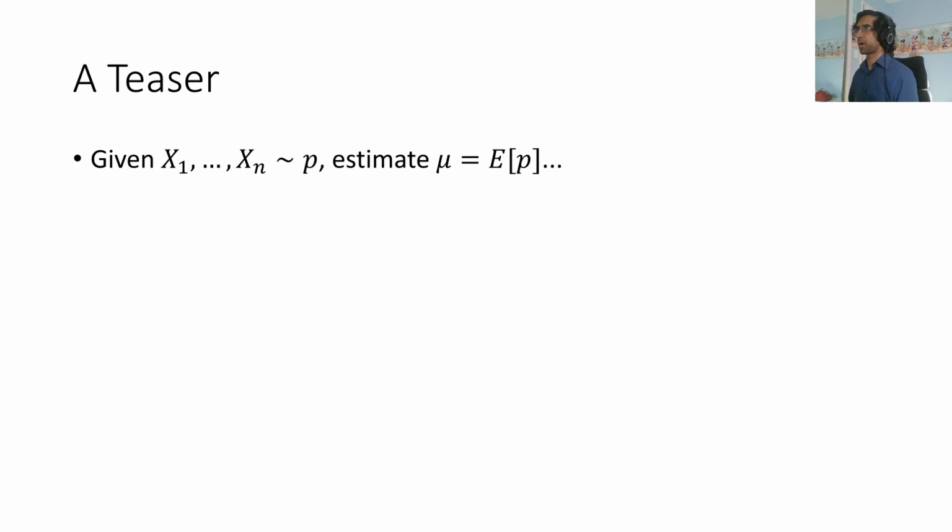So I'm going to start with a teaser. In one slide, I'm going to summarize what this talk is about. We're given a dataset x1 through xn from some unknown distribution p, and the goal is to estimate mu, which is the mean of p. Classic setting, I'm sure many of you are familiar with it. But the goal is to do it privately, and we're going to use differential privacy, which I'll define in the next slides. There's a lot of new challenges that arise just due to this one keyword of privacy.